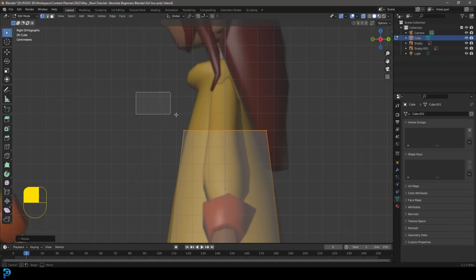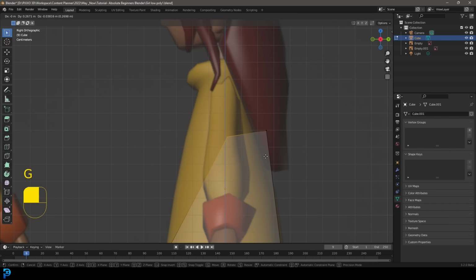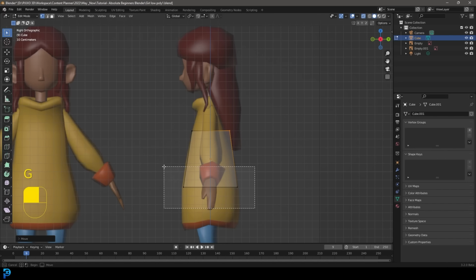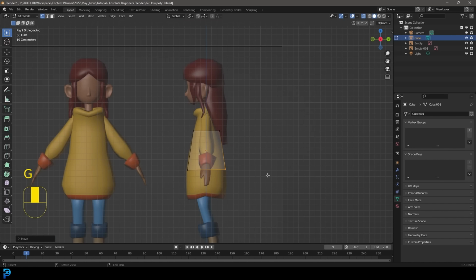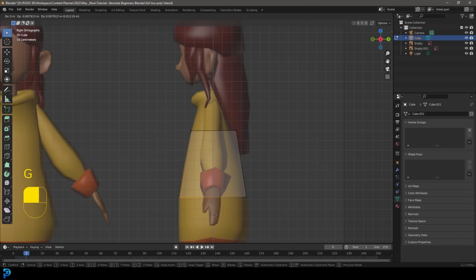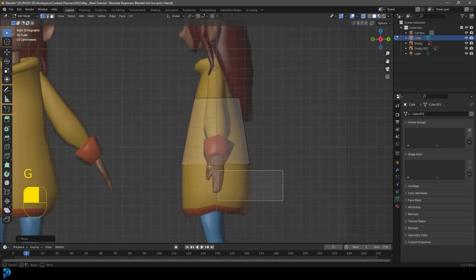You can also just left click and drag and select just the front ones or the back ones and go G and just move them like that. So we're currently in the right orthographic. And these ones here, they're more or less in the right place, but you can also move them if you wanted to. So now that we have that roughly in place, what we can do now is we can extrude